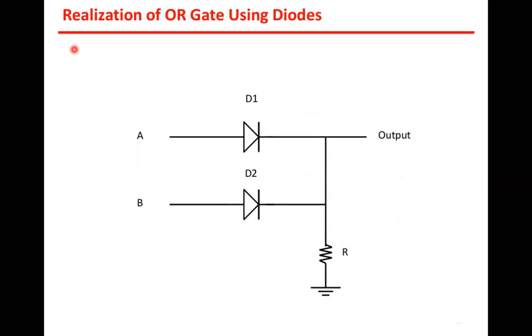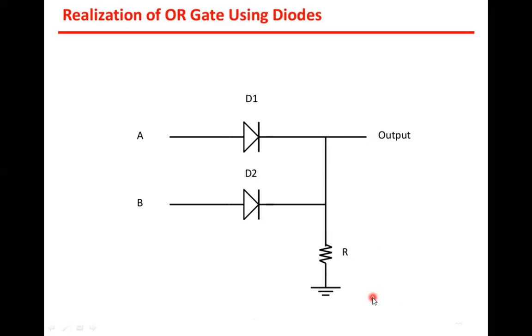Now we will construct an OR gate using diodes. First we will understand the construction of an OR gate using diodes, then using transistors. This is DDL and this is TTL. The only difference is we have connected these two inputs A and B to the P-type material of the diode, and this is the cathode. For both the cathodes we have shorted them, and through that we have connected one load resistance, which is connected to ground. This is where we are measuring the output, between this point and the ground.